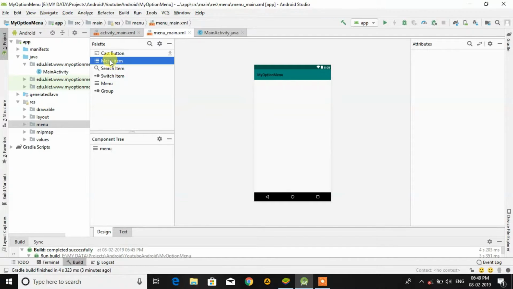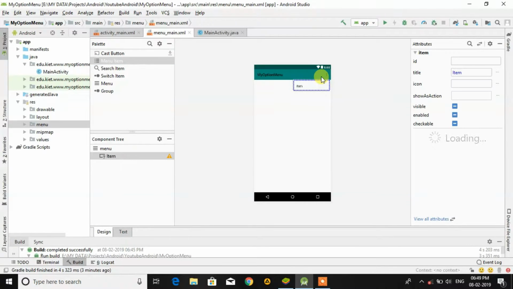Just click on this menu item and drag and drop it on this screen. So this is one item. Here we can give the ID. Item 1 is the ID. You can give any ID. Here we can give the title, for example, file. Okay, open.